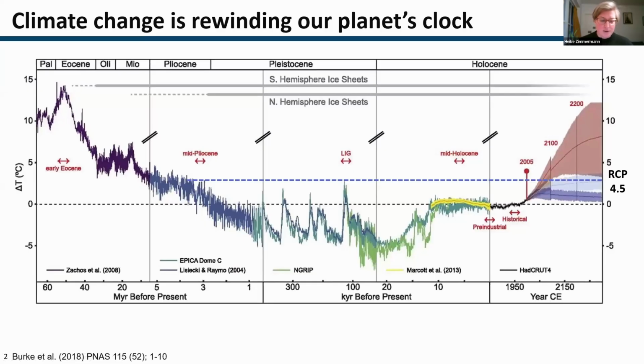And I guess most of you are aware that the climate of our planet was quite dynamic in the past. Here you can see a global temperature reconstruction over the past 60 million years. On the left side of this graph, we can see that there has been a dramatic cooling from the Eocene to the Pleistocene. And as Peter already said, this led to the onset of the southern and northern hemispheric ice sheets in the past. If we look more on the right side of this graph, we can see the temperature projections for 3 different carbon emission scenarios.